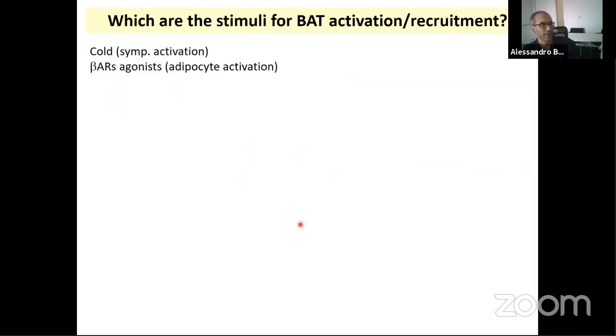This goes back to a critical question and the link to the first part of the talk. Which are the stimuli that will elicit a disinhibition of that inhibitory circuit? We know cold, of course. Cold is the classical stimulus used in many labs, including ours. And then there is a different approach, which is very important to keep in mind, that is not equivalent to cold. If you use a beta agonist, you're going to stimulate the adipocytes, but you're not mimicking or activating the sympathetic nerves. So you're only activating downstream of that sympathetic activation.